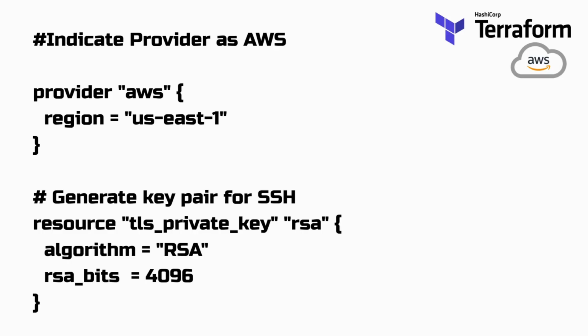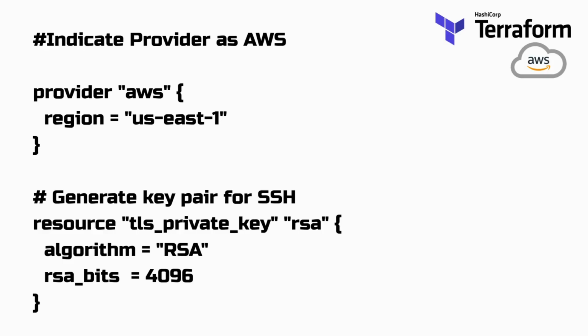This step is critical because it establishes how Terraform communicates with AWS and ensures I have secure access to the resources I deploy. Here, I define my AWS provider. The provider tells Terraform which platform I'm working with. In this case, it's AWS. I also specify the region, US East 1, so that all of the resources I create will be deployed in that specific region. This is important because AWS resources are region-specific, and costs, availability, or even networking features can differ